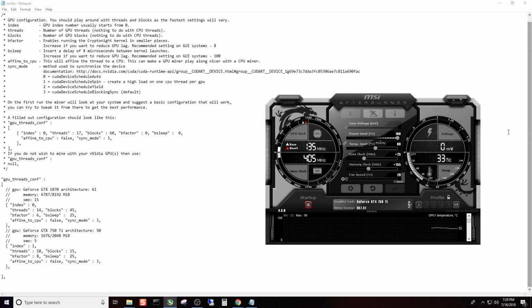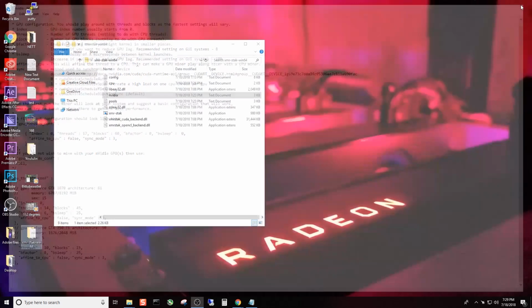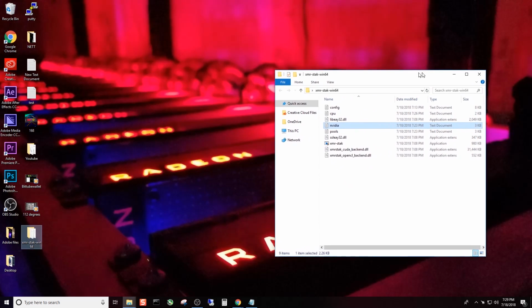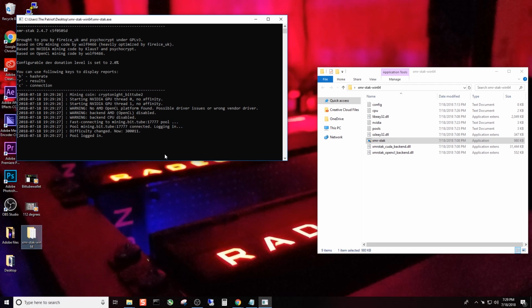All right, so we're going to minimize this. We're going to go ahead and close this. And we're going to bring this over here, and we're going to click XMR STAK to start the miner. Going to tell it yes. And as you can see, I'm mining to mining.bit.tube port 17777. Connected, logging in, and it looks like a successful connection because it says difficulty changed to that starting difficulty